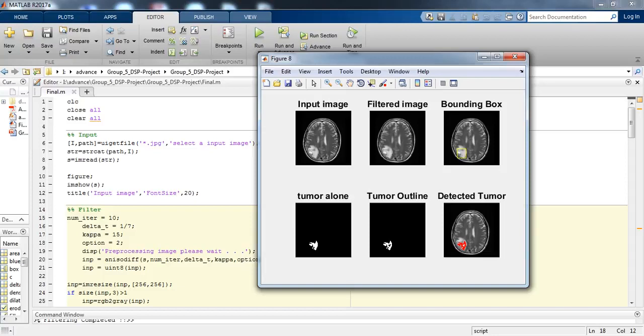Then we will bounding boxing the tumor. After that we will segmented the tumor and getting the alone tumor part. Then we will outlining the tumor, and then finally we detect the tumor. So that was the output.